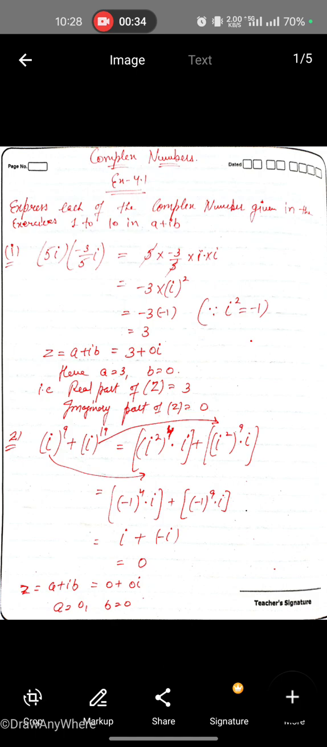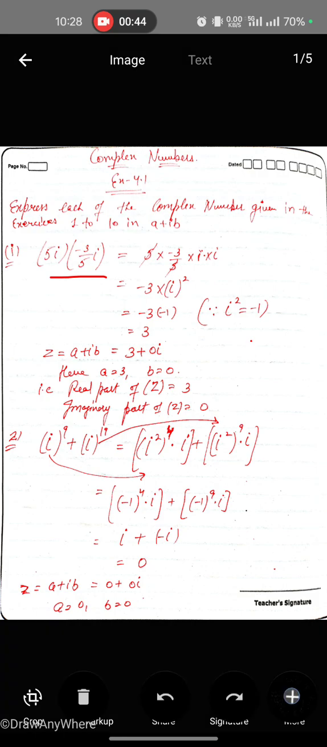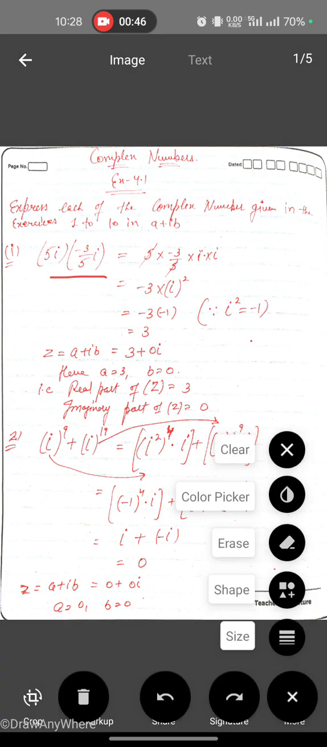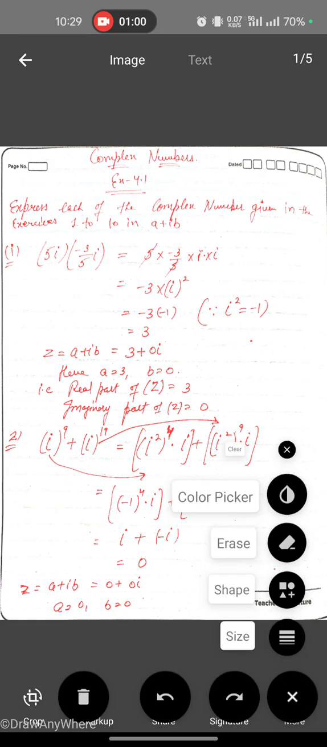Okay class, so the first question is 5 iota multiplied by minus 3 by 5 iota. It is written here. So we just multiply the constant terms and the iota part separately. ठीक है, so iota के साथ iota को multiply कर देंगे. So as you can see,